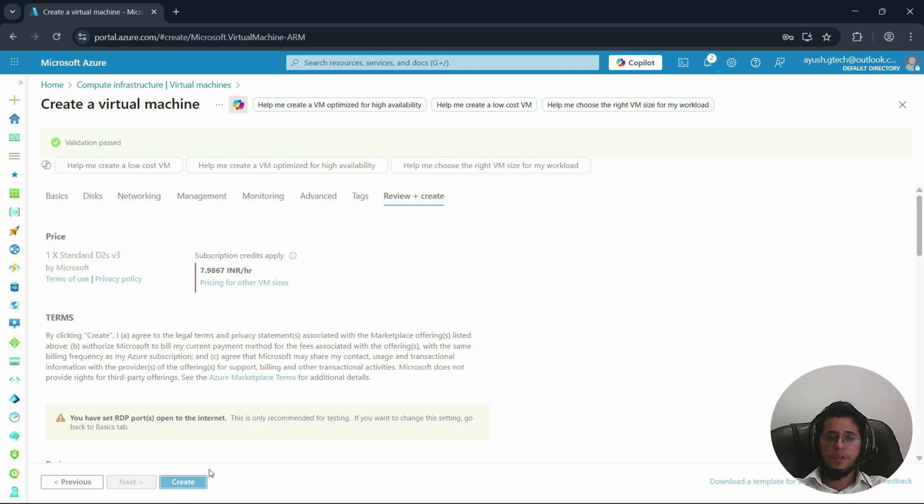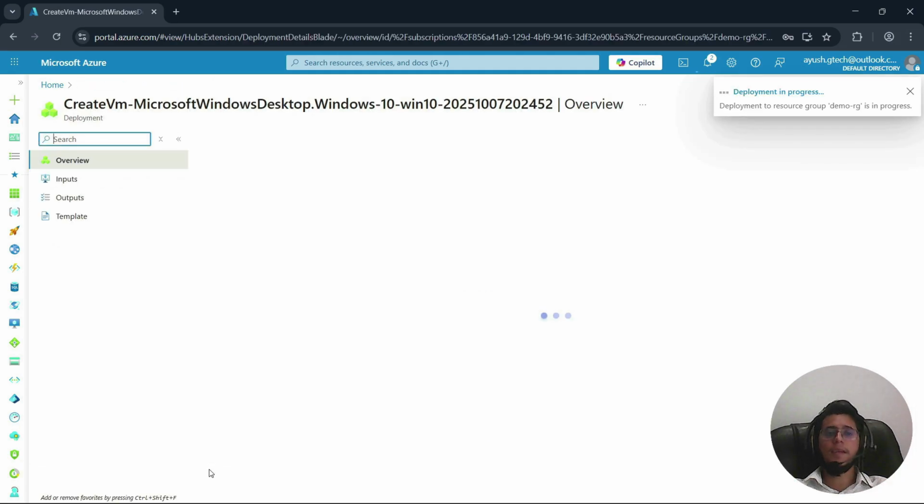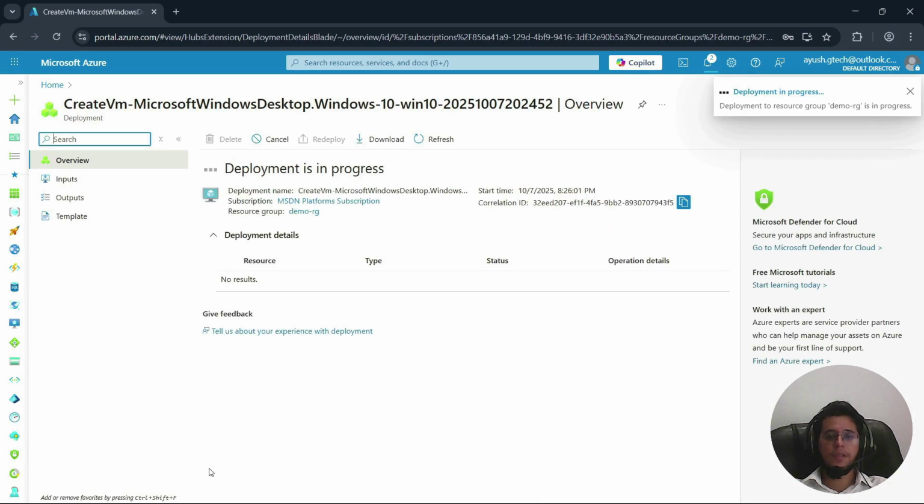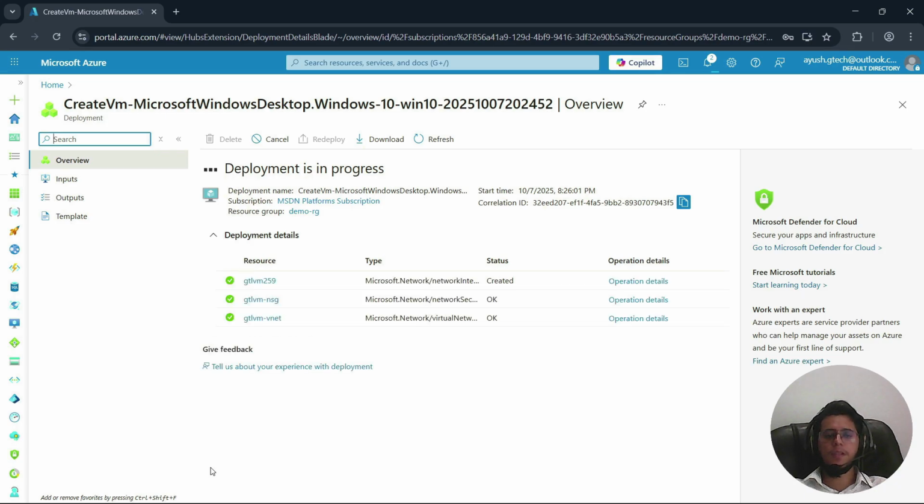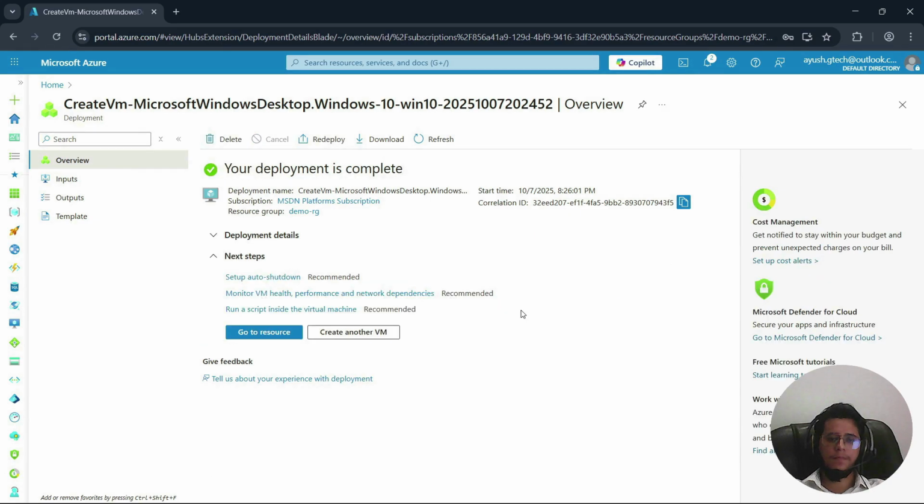As I have not assigned any public IP to my virtual machine, I will not be able to access it. After creating the virtual machine, what is the next thing we are going to do? We are going to set up the virtual network for the firewall setup, and then we are going to deploy the firewall. That's okay. Let the machine get created, then we will proceed with the next steps.